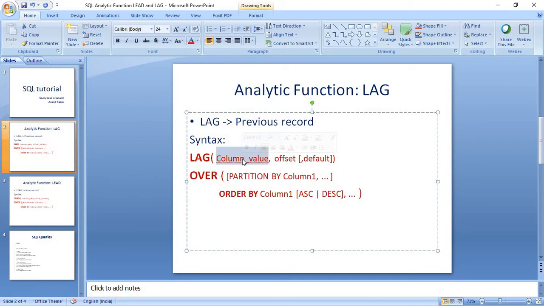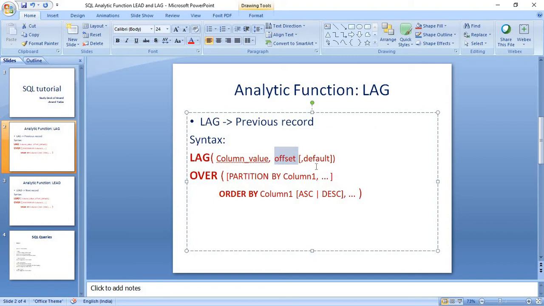In simple words, we provide the column name on which we want the previous record. The offset is how many records back from the current record we want to see, provided as an integer. If you want just the previous record, we provide integer 1. If you want the two previous records, we provide the integer 2, and so on.